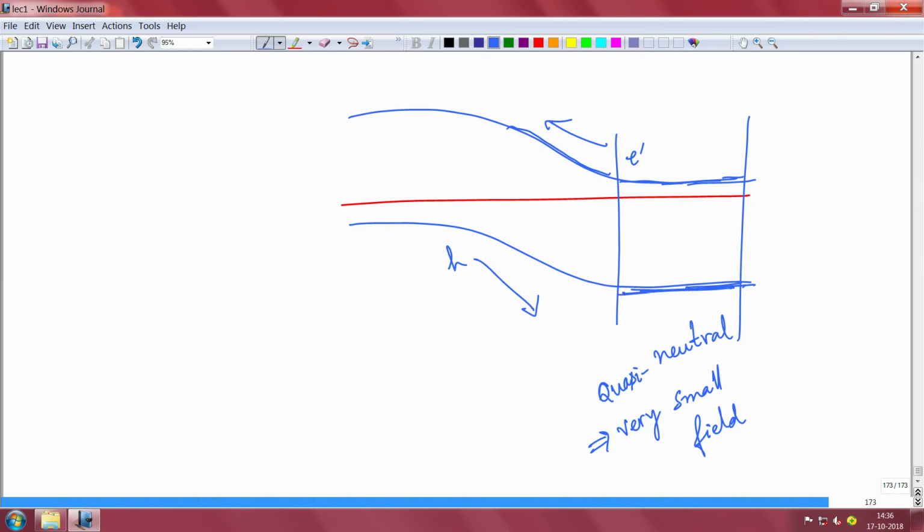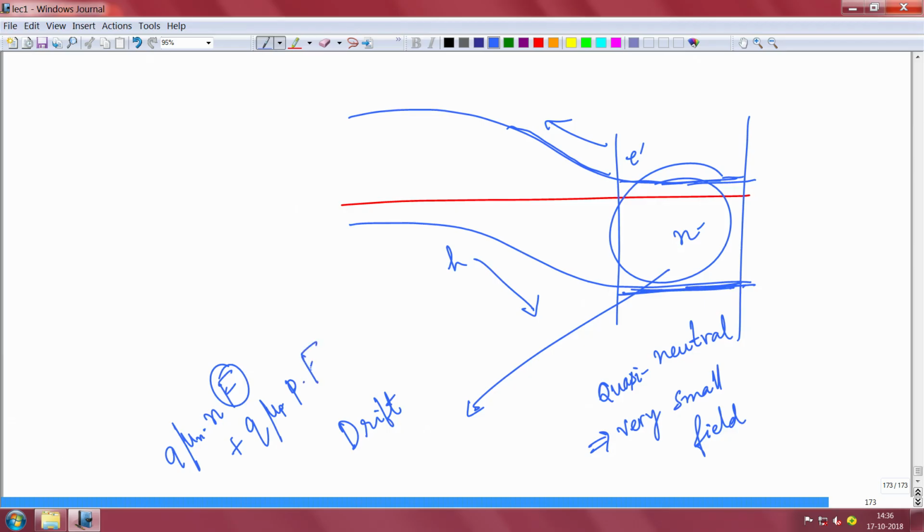So, because there is a small field here, there will be a drift current also. Now, drift can be because of both electrons and holes, this is n type. So, there will be q mobility of electron times n times the small field plus q mobility of holes times the holes here into the small field. Now, the holes are minority, they are decaying here, the hole concentration is very small, multiplied by a very small field is almost negligible. So, minority carrier drift here or the holes drifting here is very negligible, but majority carrier n is large. So, even if the field is small, a very large n majority carrier will make sure that the drift current